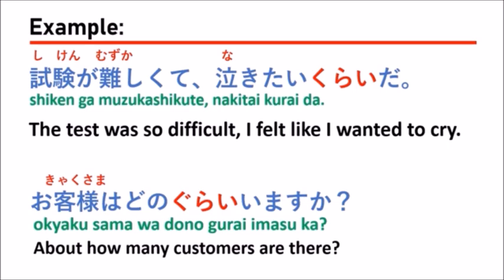How many customers are there? They don't know exactly: 10 people, 9 people, 100 people. So you can say, about how many, right? You can count 1, 2, 3, 4, 5, but when you don't know, you just estimate. You can say about, and in Japanese they say gurai. Dono gurai imasu ka? This means about how many customers are there. So here is about how to use